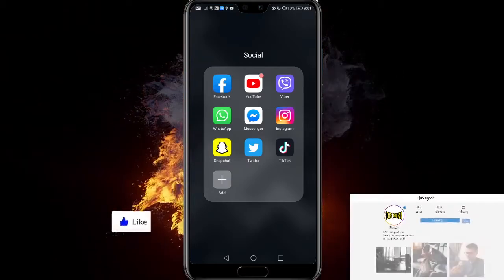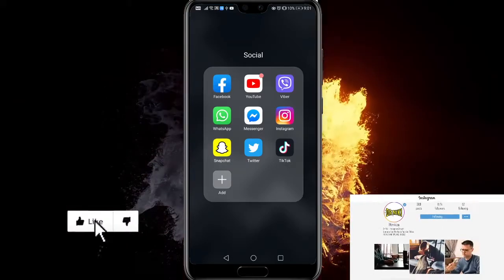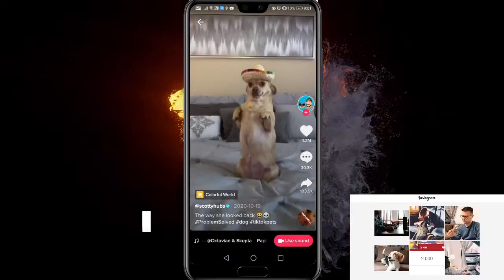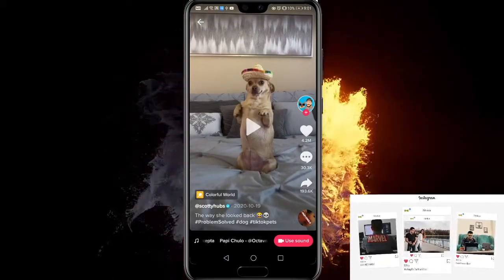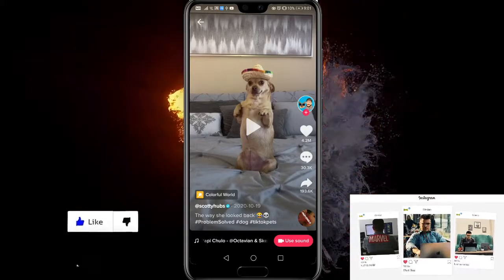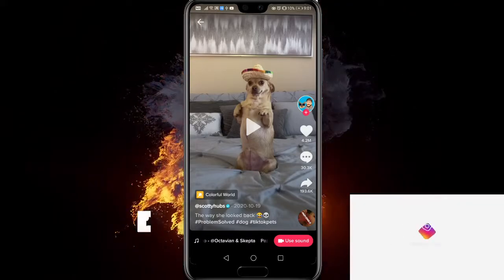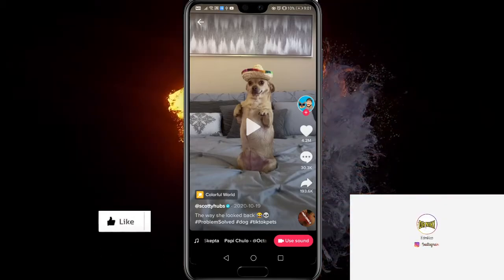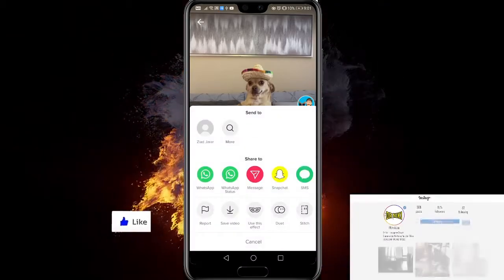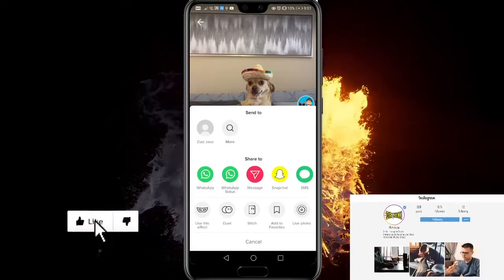So let's start. Let's open the TikTok app and choose the video we want to use for our stitching. Stitching is basically the method where you choose the ending for someone else's video, and that's a way to collaborate with them. So the way to stitch is to click on the share button and scroll down to stitch